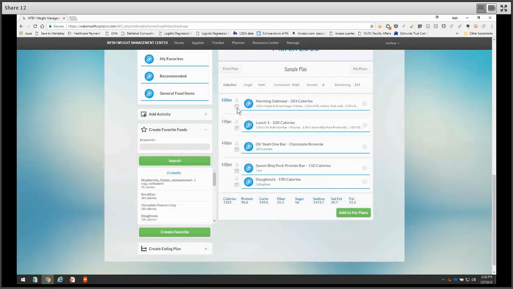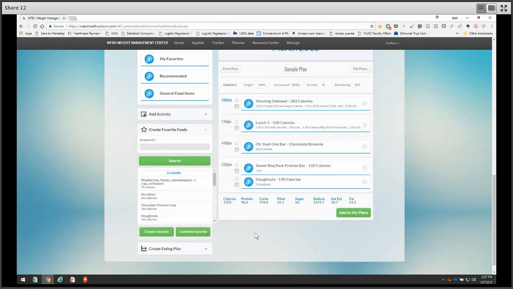What you can do is click Create Favorite Foods, scroll down, and then click on Combine Favorites. What you'll notice is checkboxes appear to the left of all of these entries. I'm running into a bandwidth issue, so let me click it again.